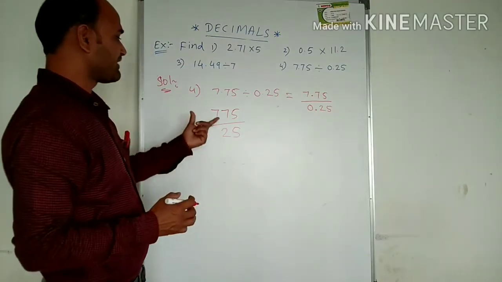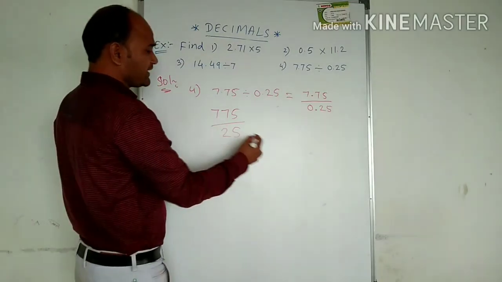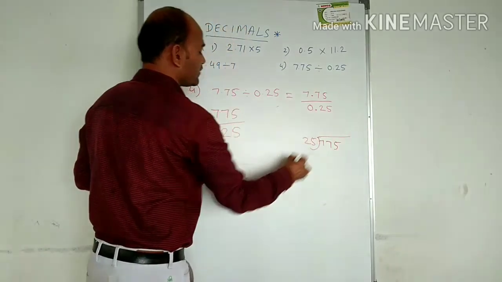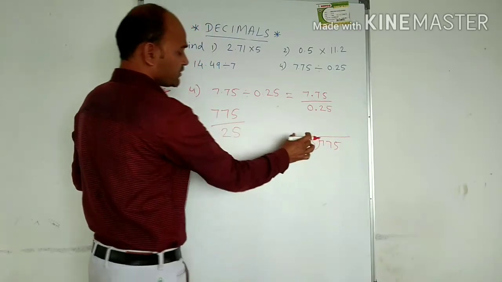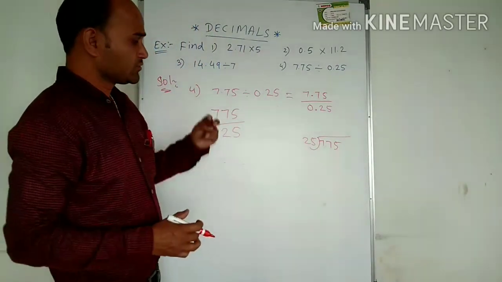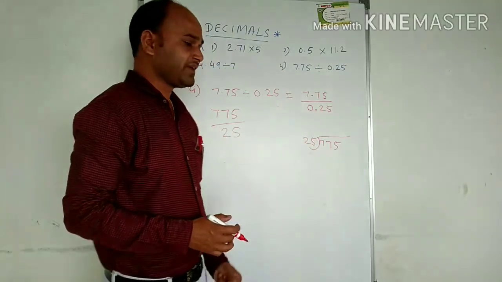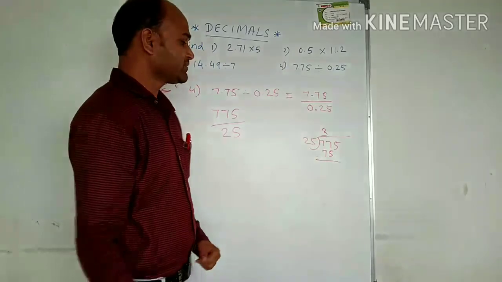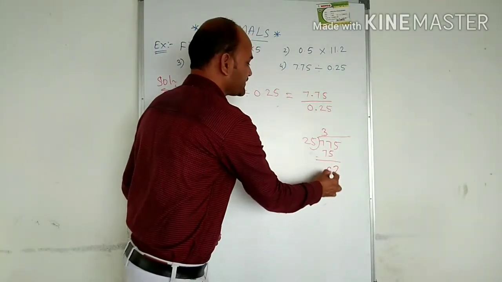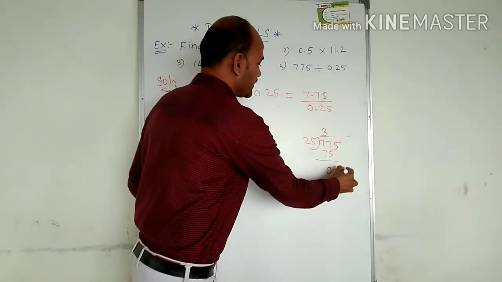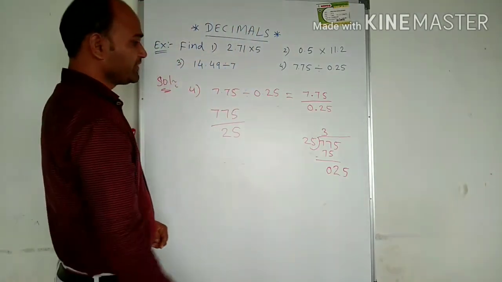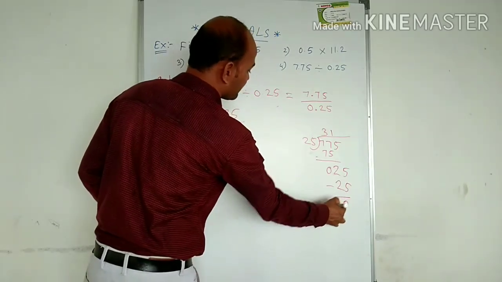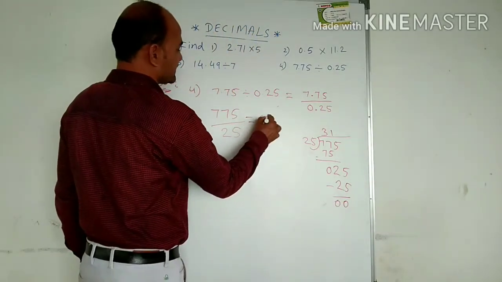अभी simply आपको 775 को 25 से divide करना है. 775 you can divide by 25. Okay, so we can see here 77 will not come in the 25 table. So smaller than that we can take here 75. 25 threes are 75, we can take. So here 7 minus 7 becomes 0, 7 minus 5 becomes 2. Next we can take 5 downside here. Then 25 ones are 25. Next we can subtract, 25 minus 25 becomes 0. So what we got here, the answer is 31.